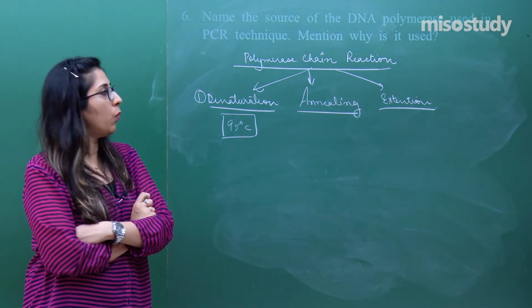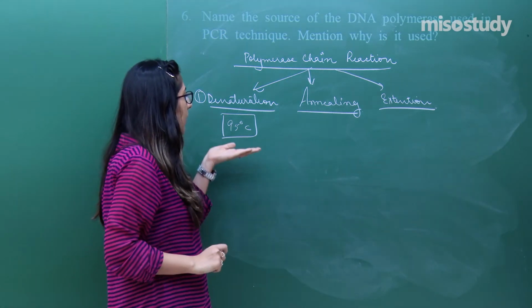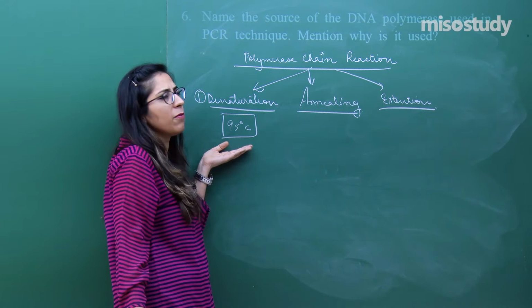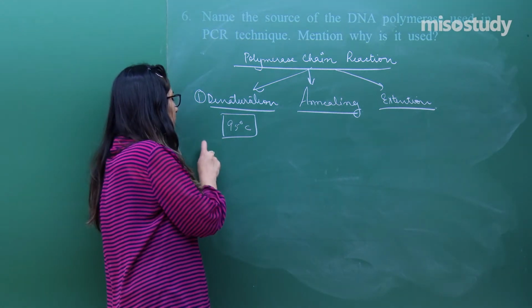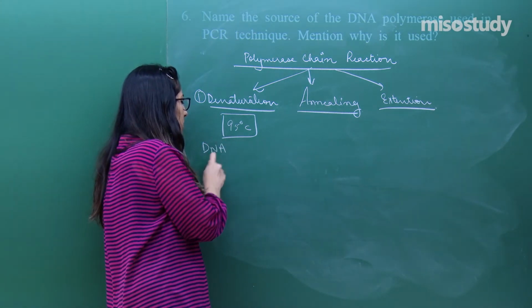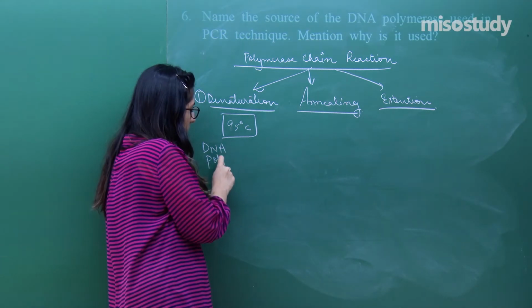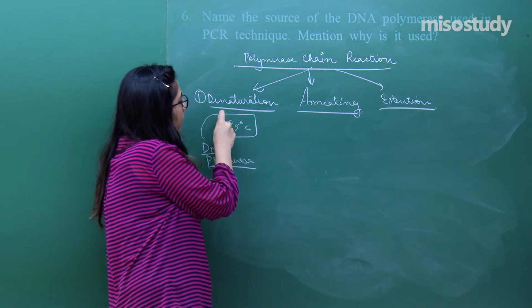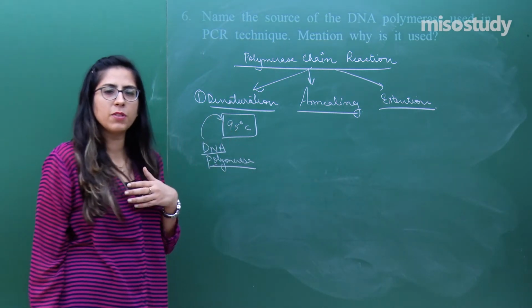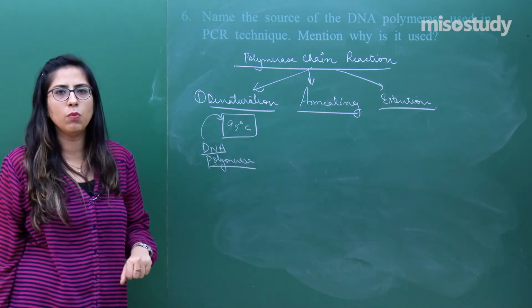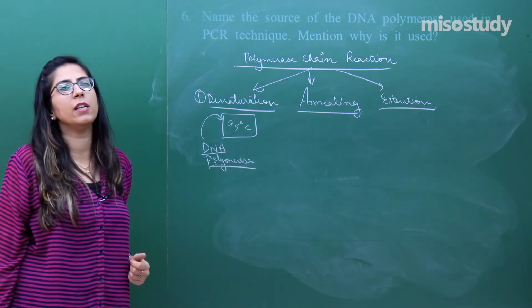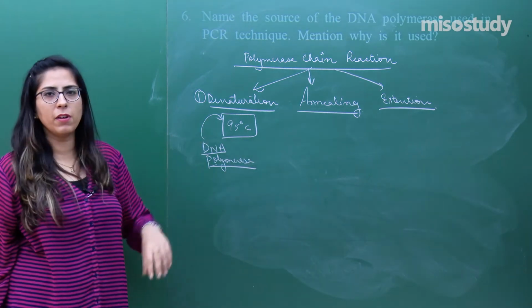If this much temperature is there and we want to make a copy of it as well, what will happen? Normally when I want to make a copy of it, I need an enzyme which is called DNA polymerase. So, will this DNA polymerase be able to work at this much high temperature? It will not be able to work, because the enzyme is made up of protein, naturally it will denature, enzymatic activity will be lost.